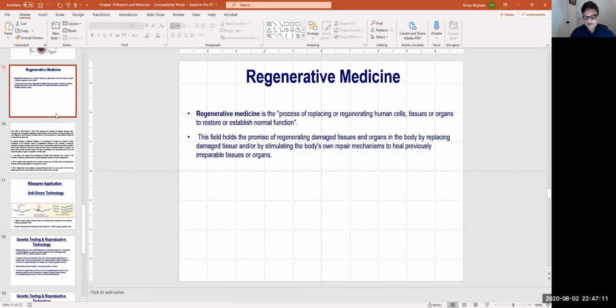Regenerative medicine. Regenerative medicine is mainly like stem cells. Some hospitals now have a department like tissue engineering. They also have biomedical engineering. They have stem cell biotechnology. So they're all part of medicine to replace the diseased part of the body with the healthy part, such that a person can function normally. So this is very simple, just on the lines of stem cells to replace the diseased organ or the diseased tissue.